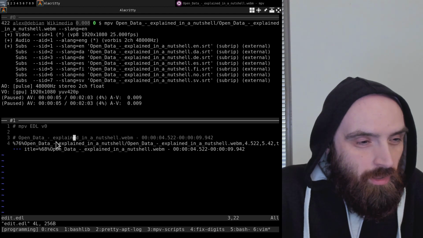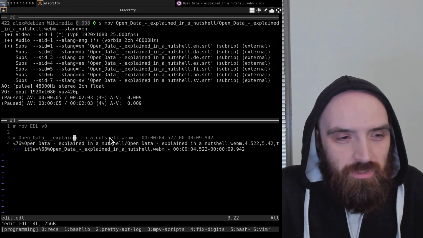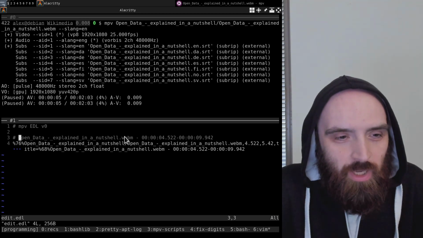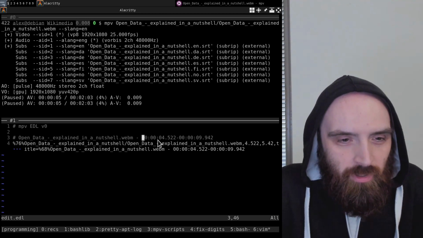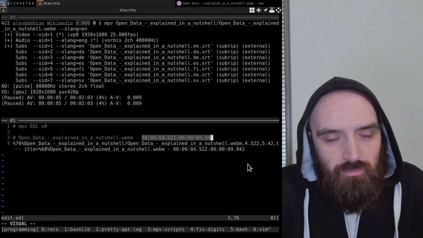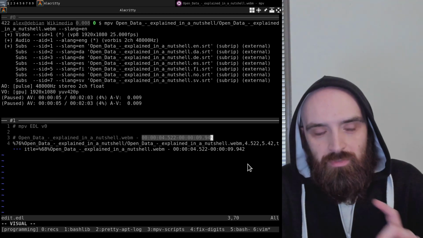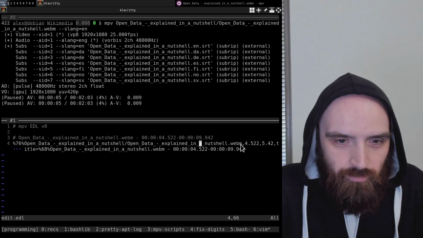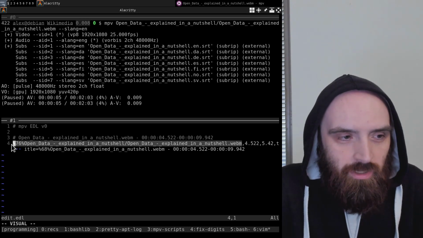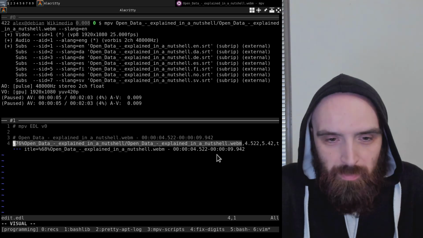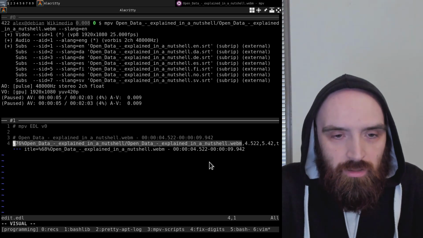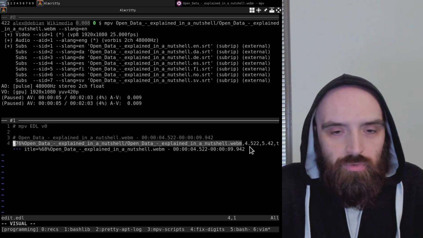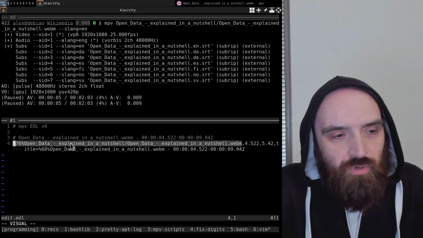So yeah, the first line is just a comment that it copies, just to let you know what file it was copied from, and then the segment itself, its start point and its end point. And then there's this line that is formatted in the EDL format that shows you the first part before